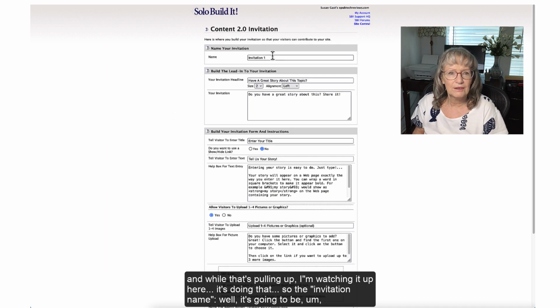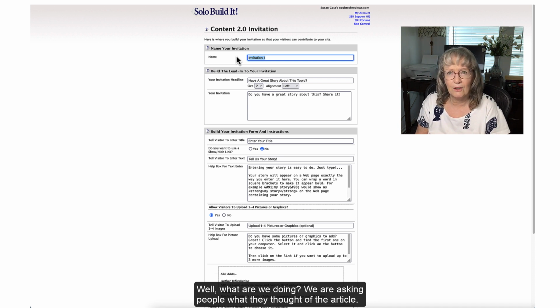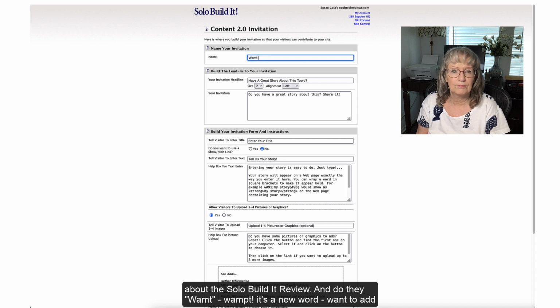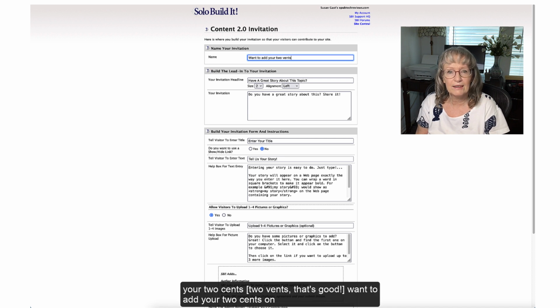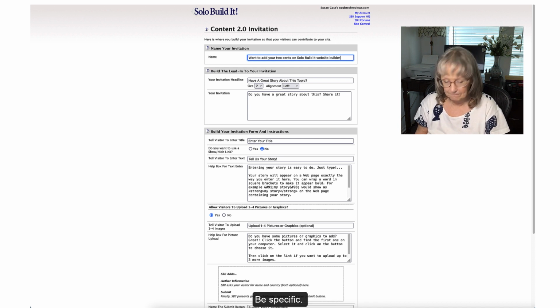So the invitation name, well, what are we doing? We are asking people what they thought of the article about the Solo Build It review. Want to add your 2 cents on Solo Build It website builder, be specific.